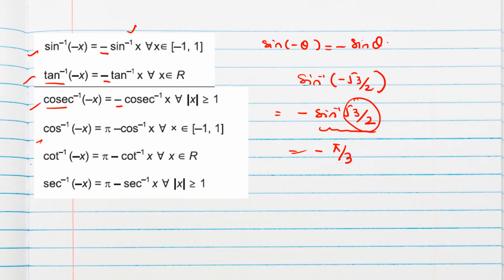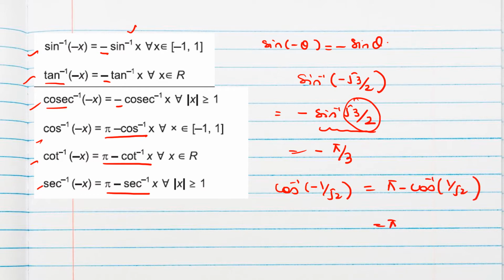And for cos, cot and sec, for a negative angle, you should know it is pi minus. So directly you will get it, no need to write the angle as a composite angle and then use the allied angle formula. Directly, suppose for cos inverse minus x, meaning suppose minus 1 by root 2, we will write pi minus cos inverse 1 by root 2. So the answer will be pi minus pi by 4, that is 3 pi by 4. Directly it will come.